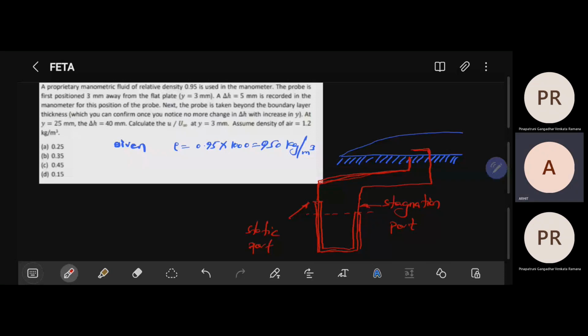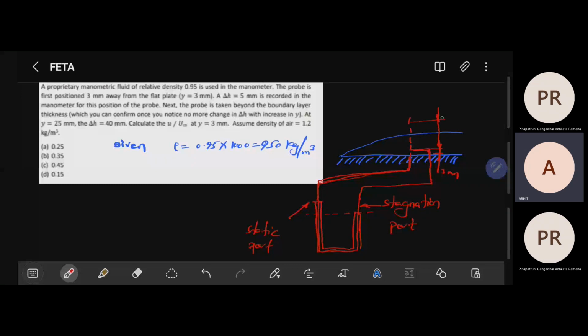Yes, got it, sir. Exactly on the same line. At the first, it is about 3 mm height. Okay, sir. So, P2 minus P1, sorry, the stagnation pressure minus static pressure equals del H rho G,